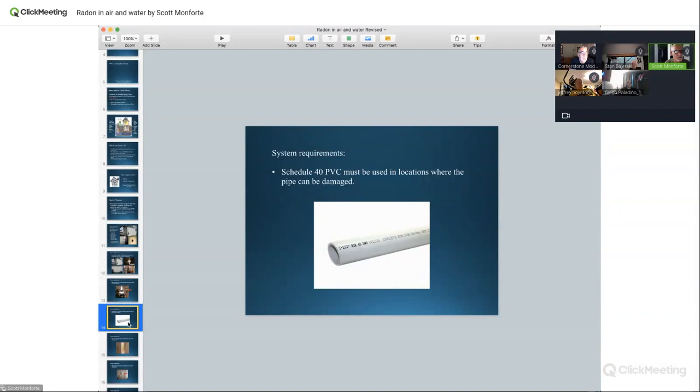And when I go to replace a fan, I tell people, listen, I'm going to be careful taking this fan off, but it could break and I might have to replace it with Schedule 40. Schedule 40 is the same as plumbing pipe. And yes, I like to turn it so I don't see the labels. When you're putting plumbing in, the inspectors like to see the label and all that. I like to turn it around so it looks nice.